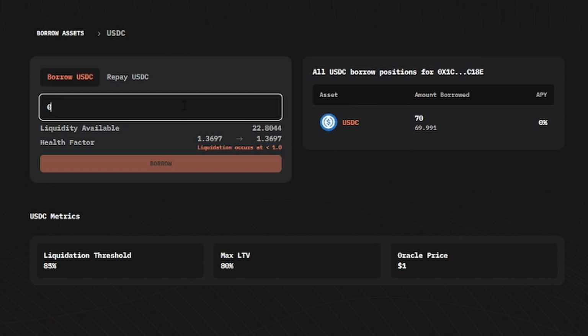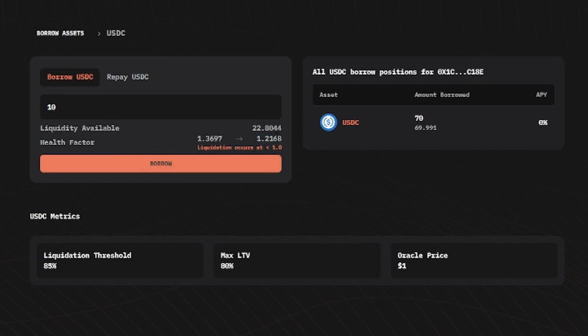So for example, I will try to borrow 10. My health factor goes to 1.2. It is very poor health and very close to liquidation. So just take note that your health factor does not go to 1.0 or below.